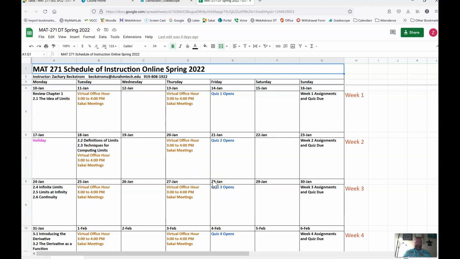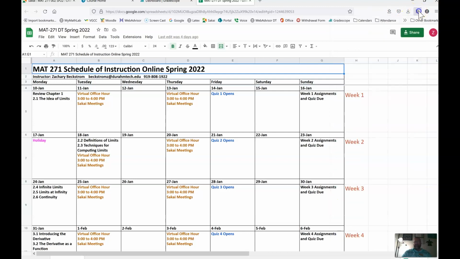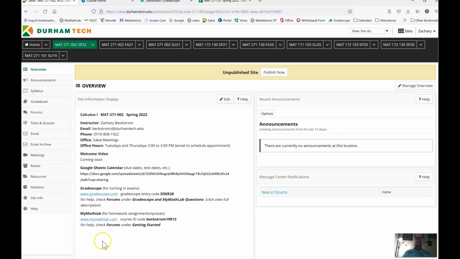And if anything changes, I'll change it on here, and that'll be corrected in real time. So make sure you go to this page here and you save this to your favorites. I use Firefox, so if you just click on here, click bookmarks, and then you can say bookmark this current tab here.